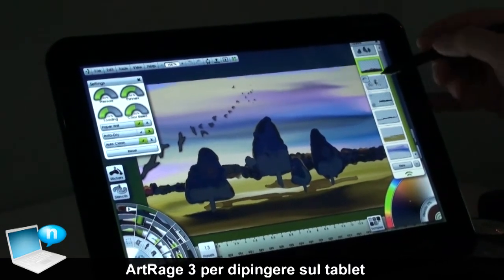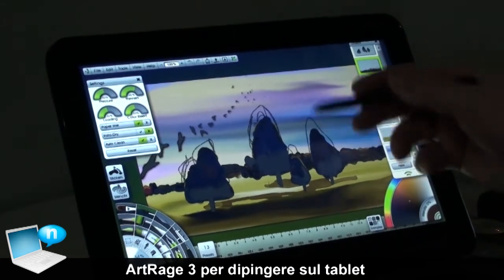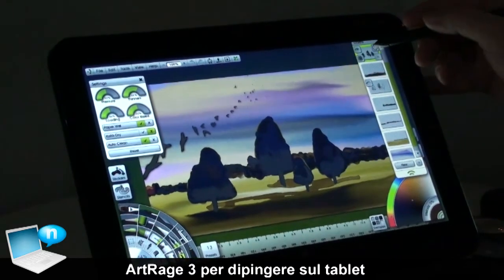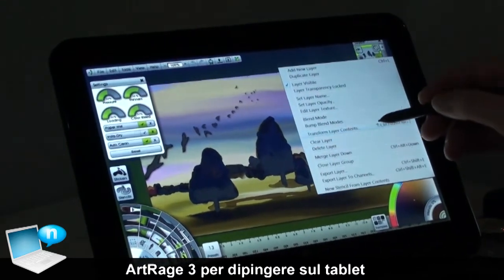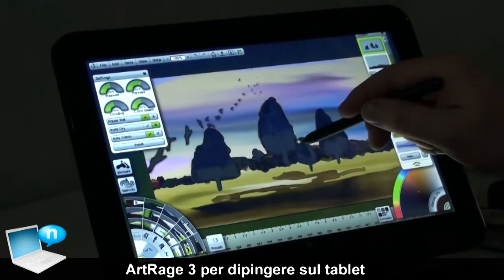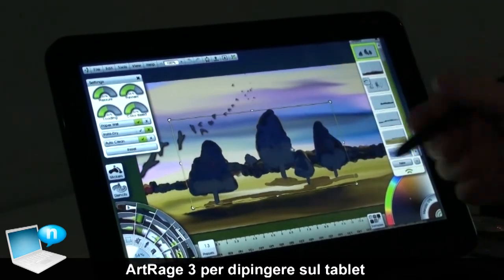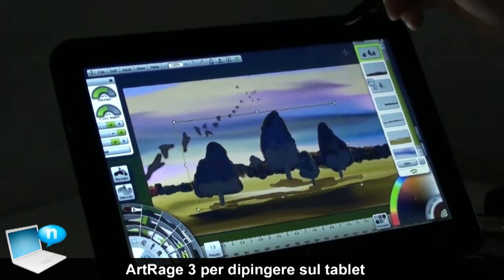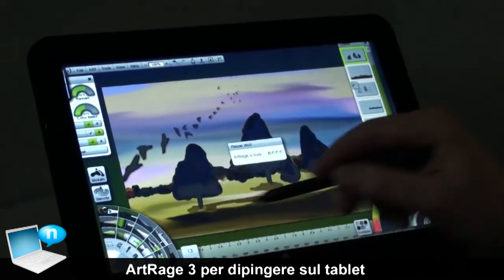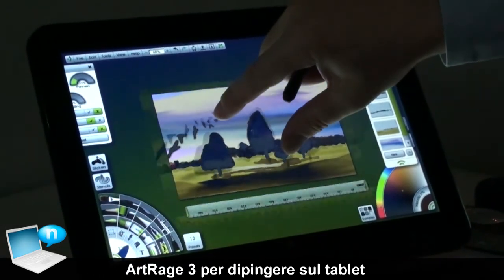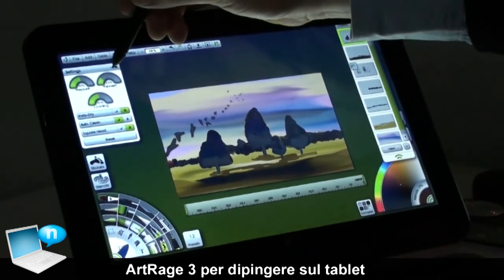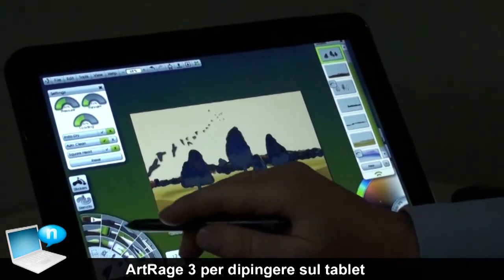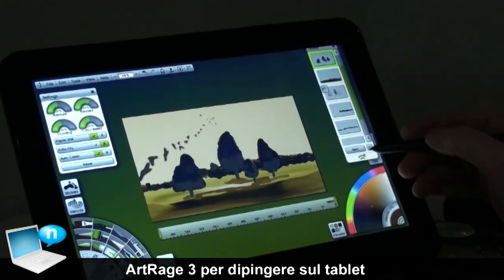For instance, here the trees, I sketched them in, and then I realized they were too low, so I repositioned the trees afterwards. So these trees, you can always, as I showed you earlier, move them around freely. So that's the benefit of painting digitally, that you have all these layers. What is really nice in our new version here, let's make it a little smaller for the benefit of the demonstration, is our watercolors. Let me show you how I painted the sky. I turn the layer off. You take a watercolor brush, you work on some blue,